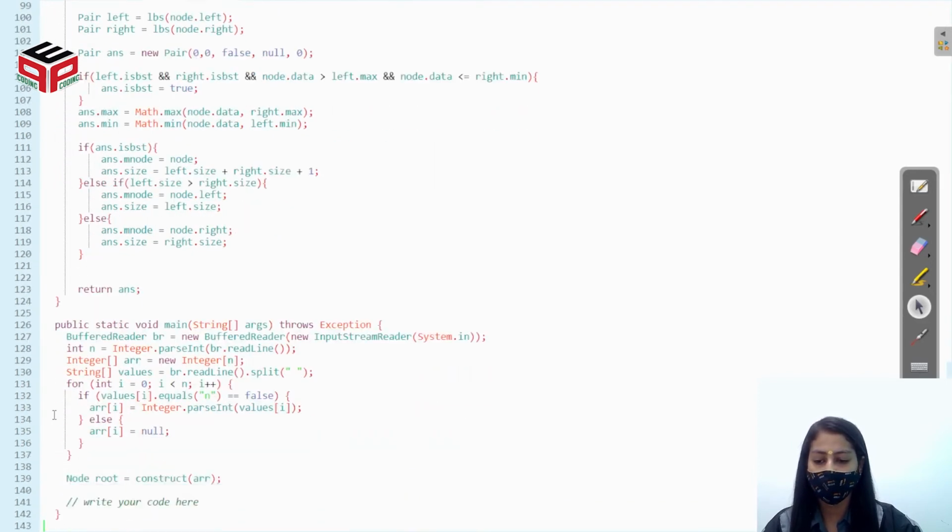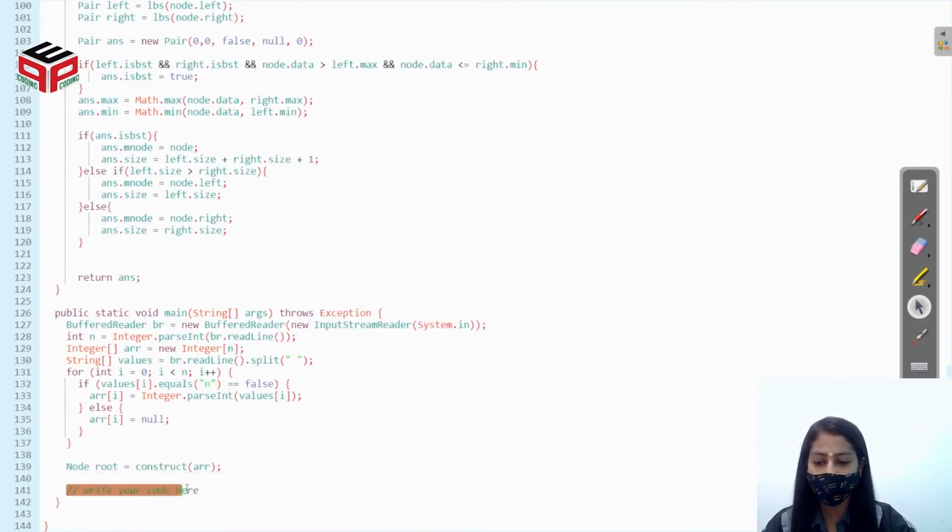So in the main function, we have to create an object of this class, that is pair. We have to call this function, that is largestBSTSubtree, and we'll pass the root, and we have to print the output in this format.